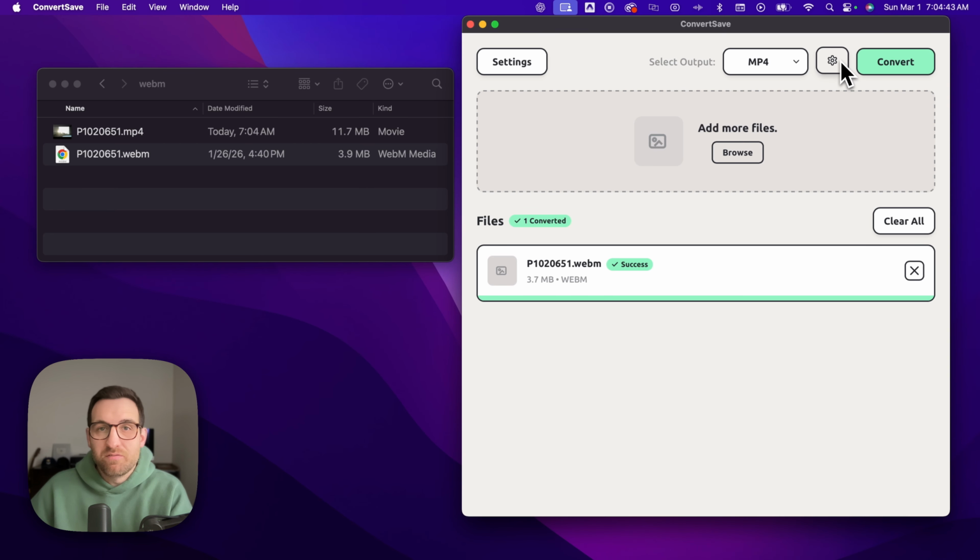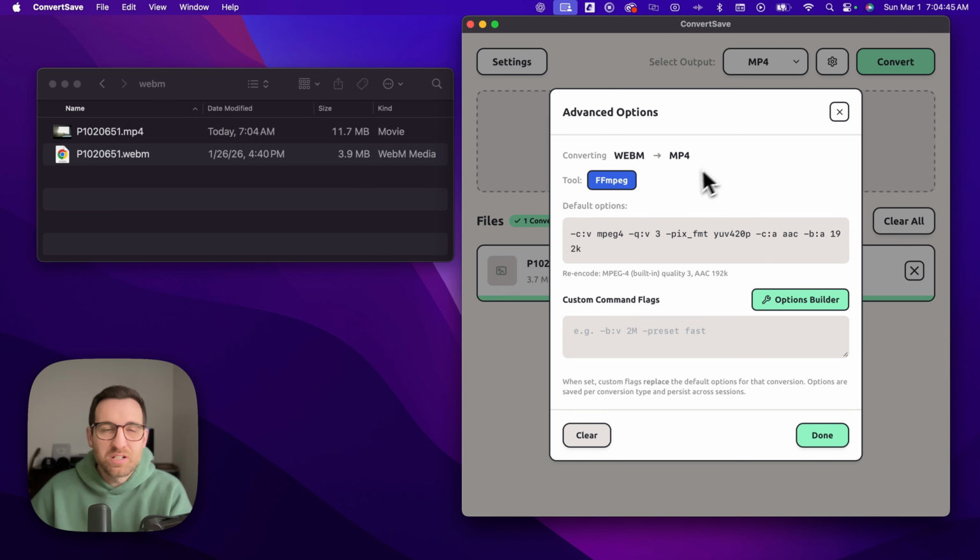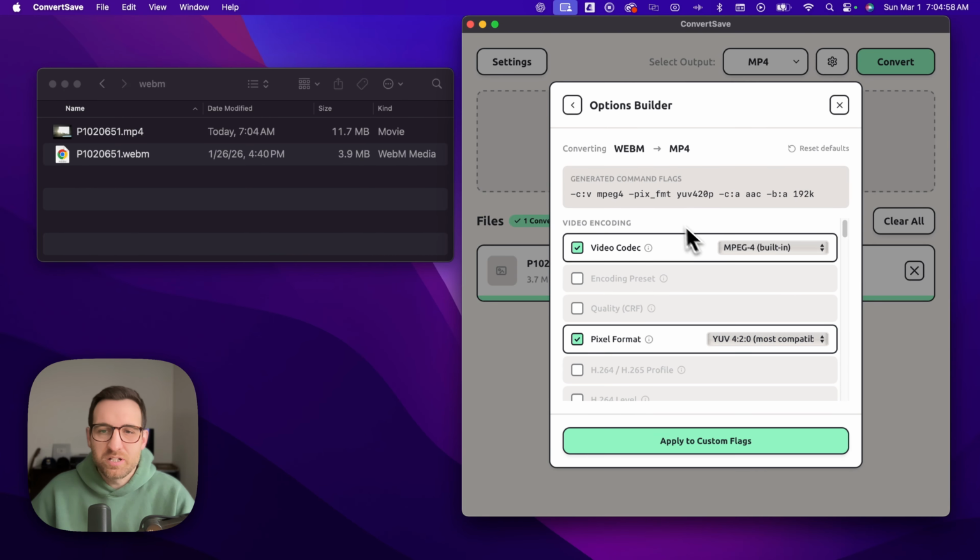We also added this advanced tab right here where you can actually customize all the conversions. You can see the tool that's being used. You can even bring your own tools in the settings, and then you can go in and customize all of these different commands. And if you don't know what those are, we actually added this options builder here where you